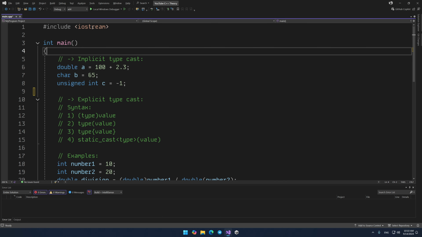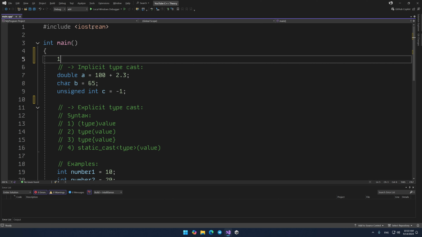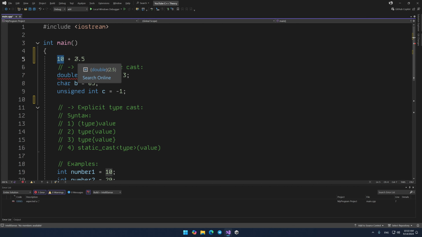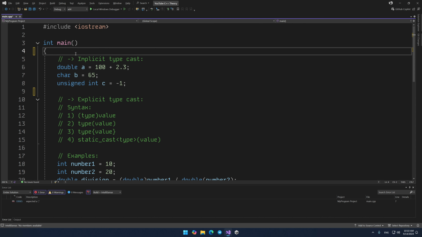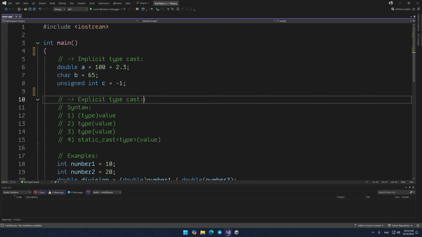Let's get started. You'll already know that variables and literals contain values of different types. There are cases when you work with different data types simultaneously in one expression. For example, when you want to add 2.5 to 10. From previous lessons, you know that 10 is of type int and 2.5 is of type double, and when added, 10 will convert into type double. So this is also called typecasting, and it's divided into two types: implicit typecast and explicit typecast.